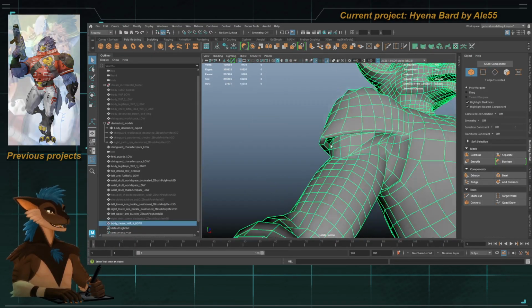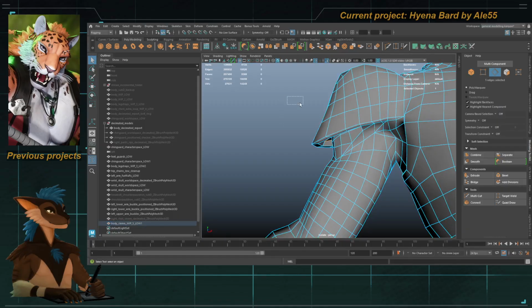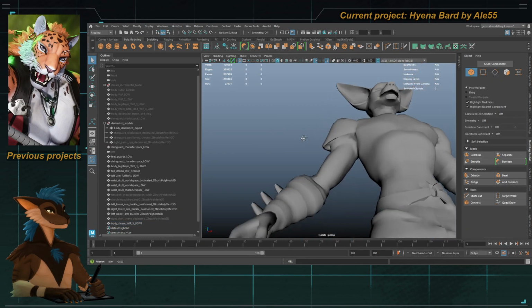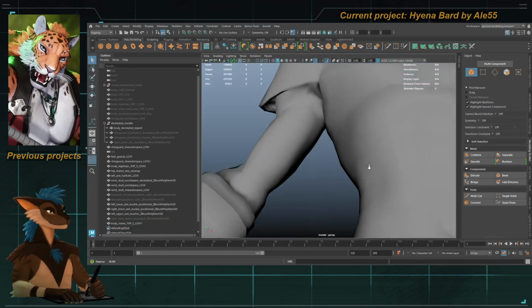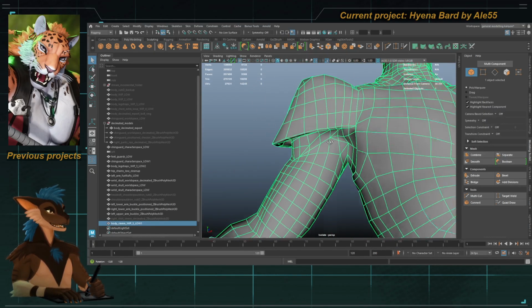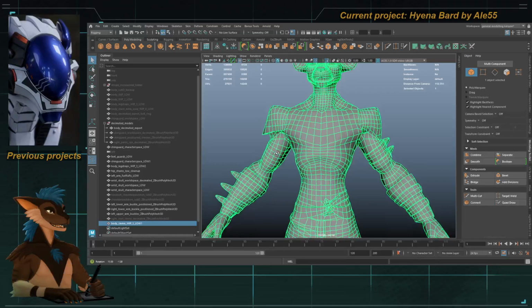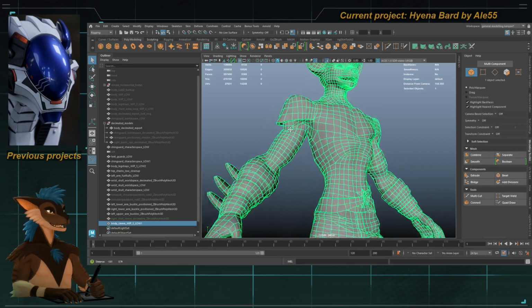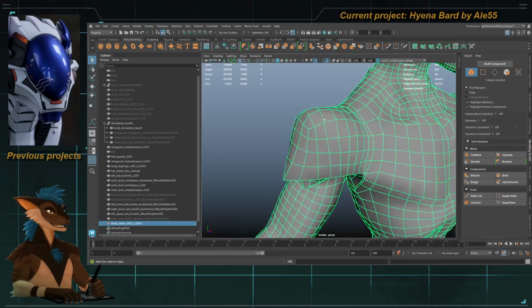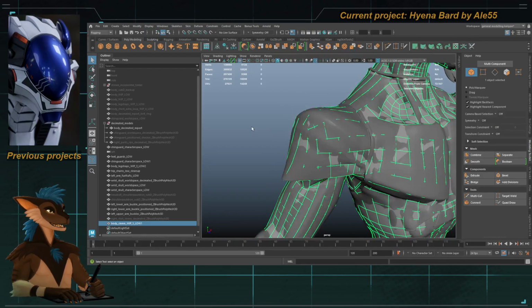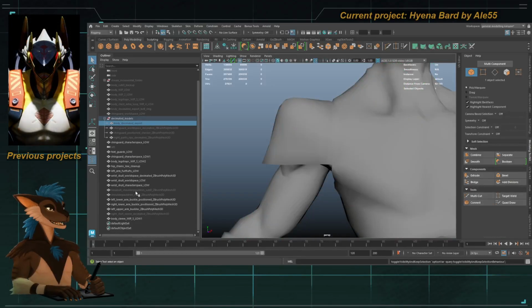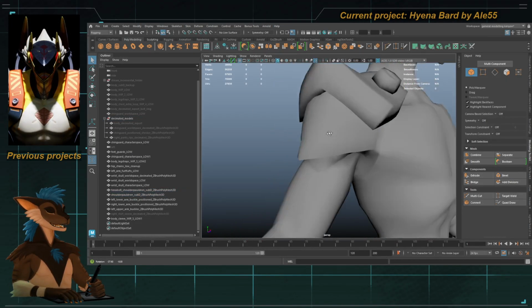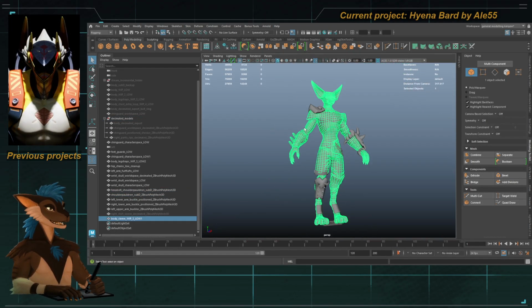Okay, so soft edge. Okay. So theoretically, the arm topology is still the same, hopefully. We have our shoulder, our sleeve topology. If we were to quickly hide our high poly and get our shoulder pauldron back in. Yeah, so